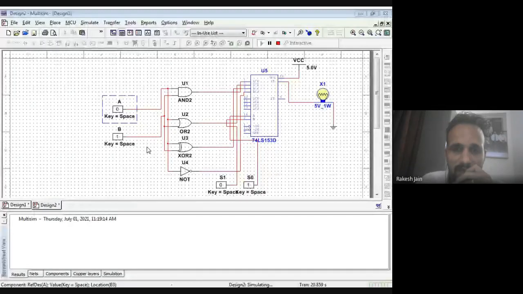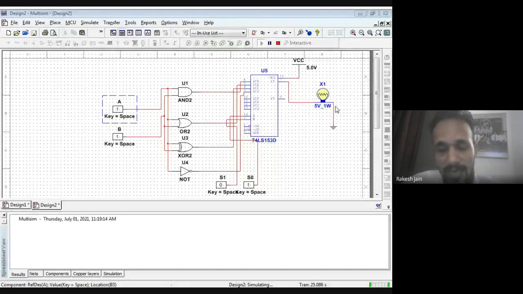When A is 1 and B is 0, I click on A is 1 and B is 0. I find a 1 at the input side, that's why the output is blue. When both are 1, the output will also be blue. So both are 1 now, so the output is blue. So we check the OR gate: if any one input is 1, the output will be blue.